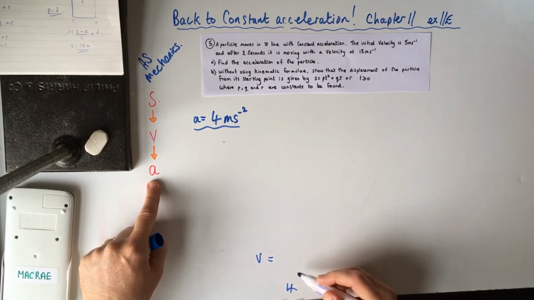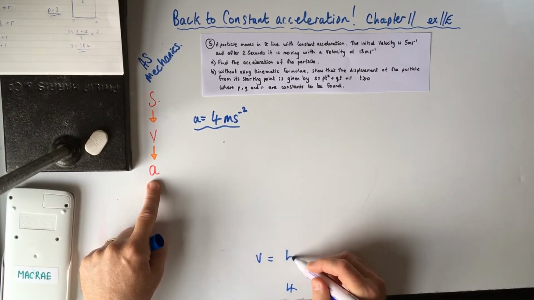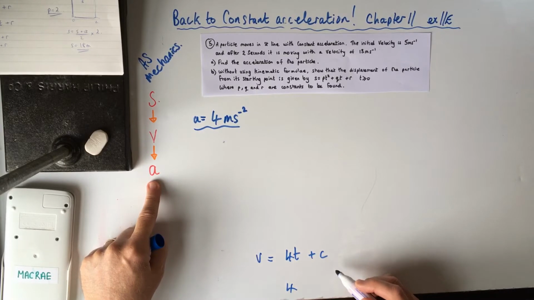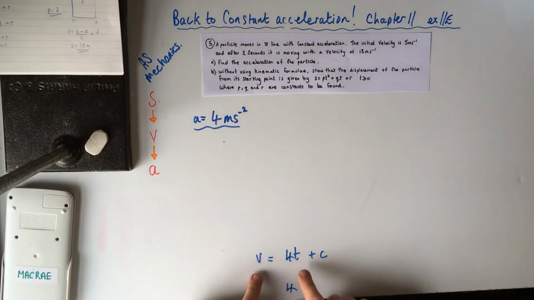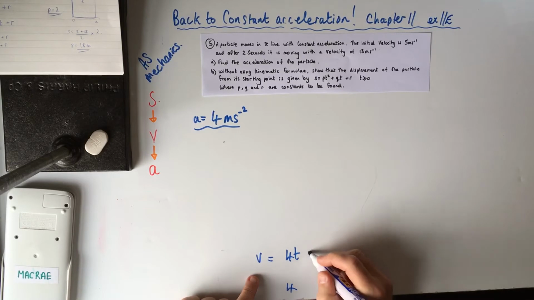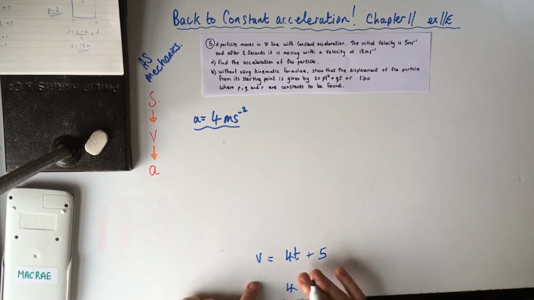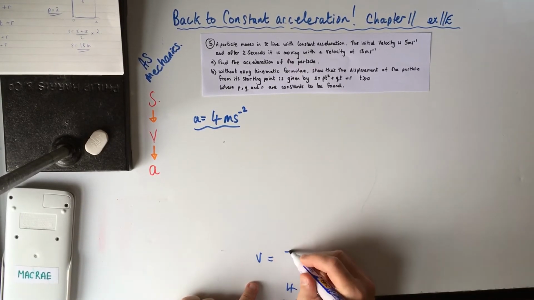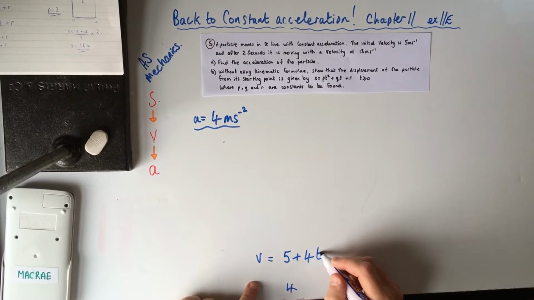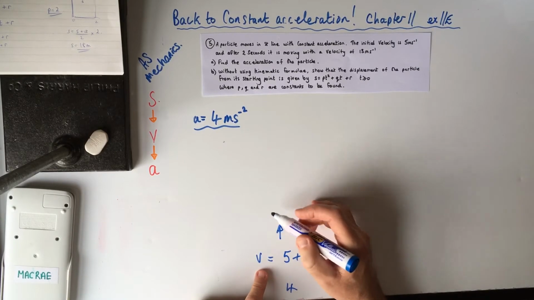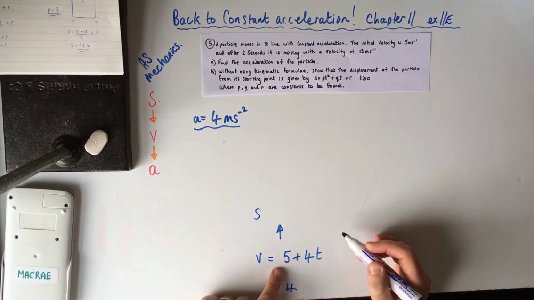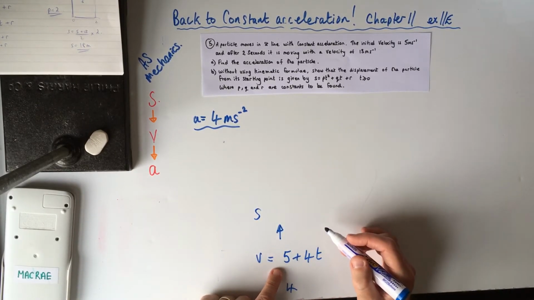We know that the velocity, integrating up, is going to be 4t plus c, but we know that that c is the initial velocity, because we know that when the time is 0, the velocity was 5, so we can change that to plus 5. So we can put 5 plus 4t there. So that is the velocity, and then if we integrate that to s, we get,